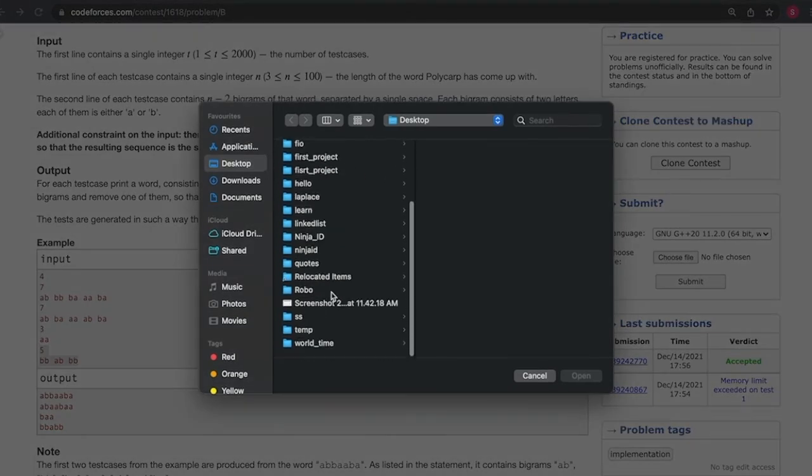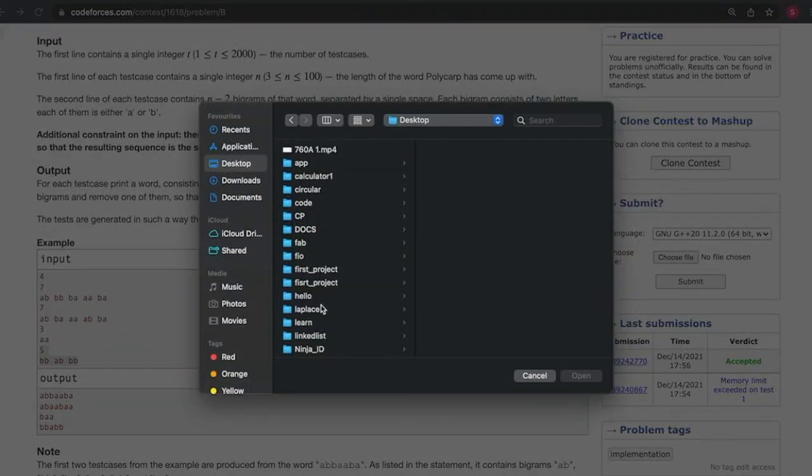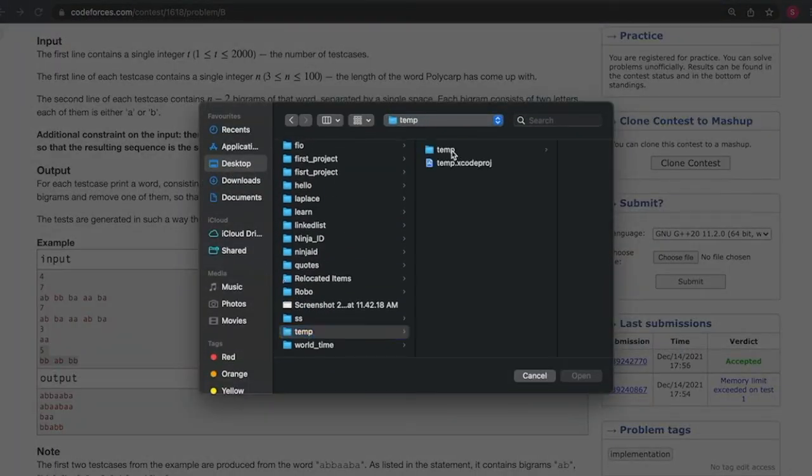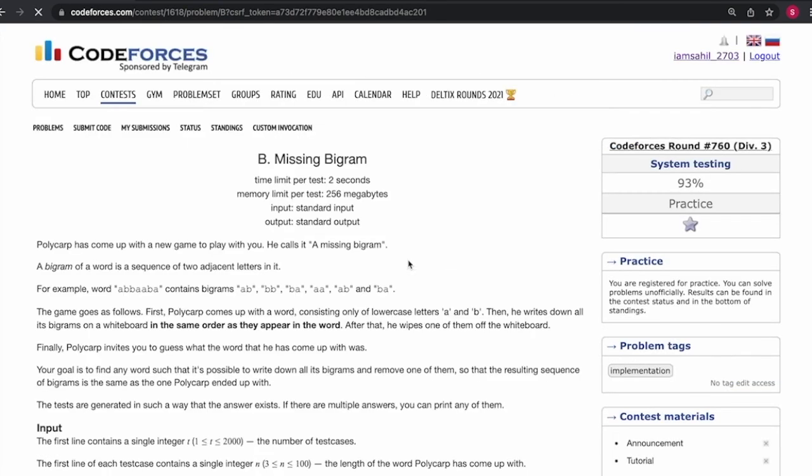So now I'll try to submit it. Okay, I've submitted the code.